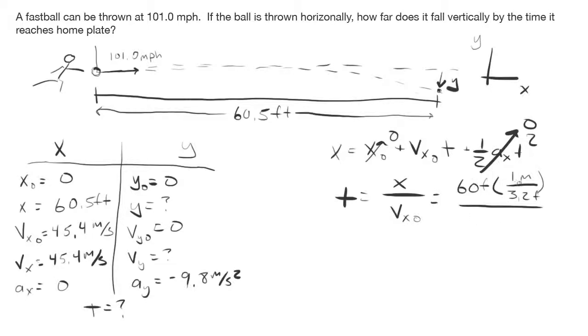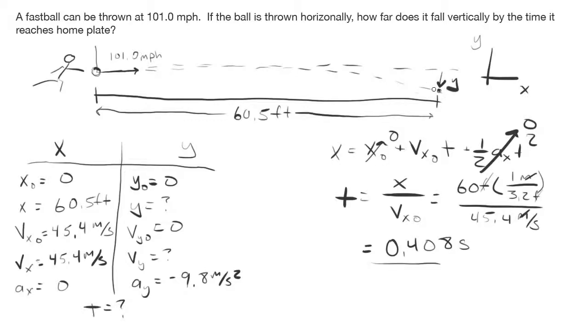All right, so 60 feet divided by 3.2 feet per meter gives me meters on top, which I like. And then my initial velocity is 5.4 meters per second. My meters cancel out. I'm left with 1 over seconds, so seconds on the top. Units are correct. If I solve that for seconds, what did I get? 0.408 seconds. All right, so that's the amount of time it takes to get from here to here,